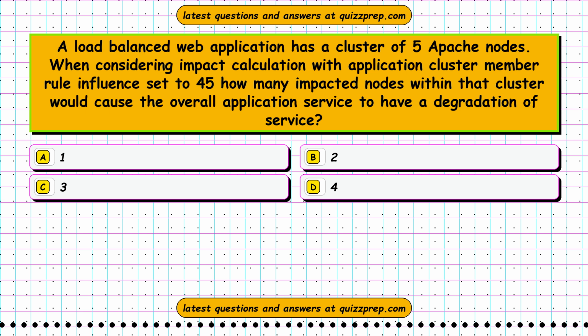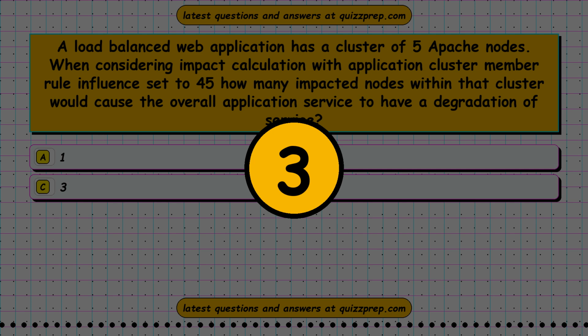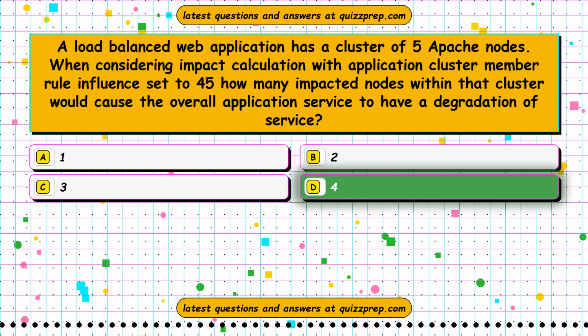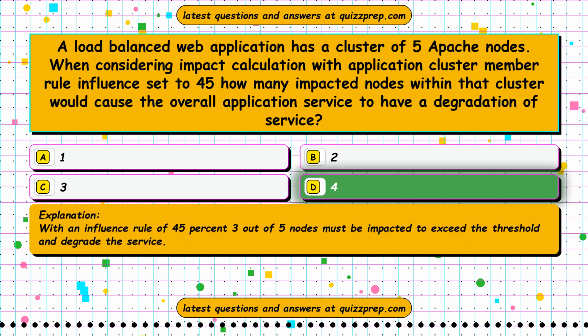When considering impact calculation with application cluster member rule influence set to 45, how many impacted nodes within that cluster would cause the overall application service to have a degradation of service? Option A 1, Option B 2, Option C 3, Option D 4. The correct answer is Option D 4. With an influence rule of 45%, 3 out of 5 nodes must be impacted to exceed the threshold and degrade